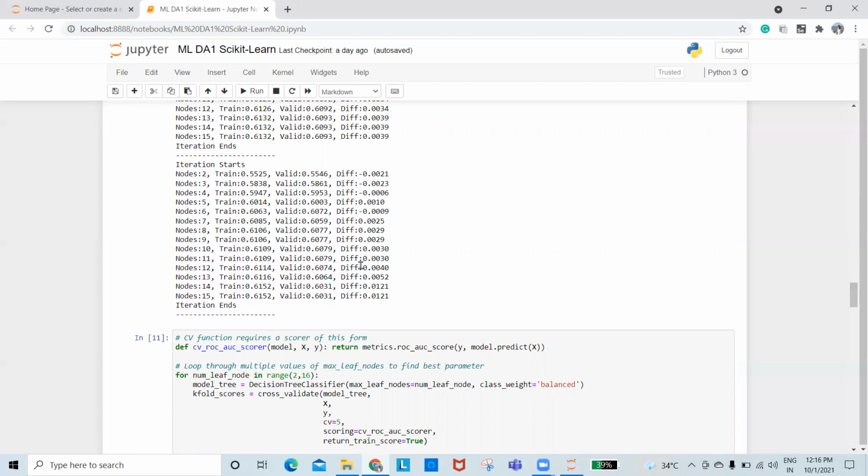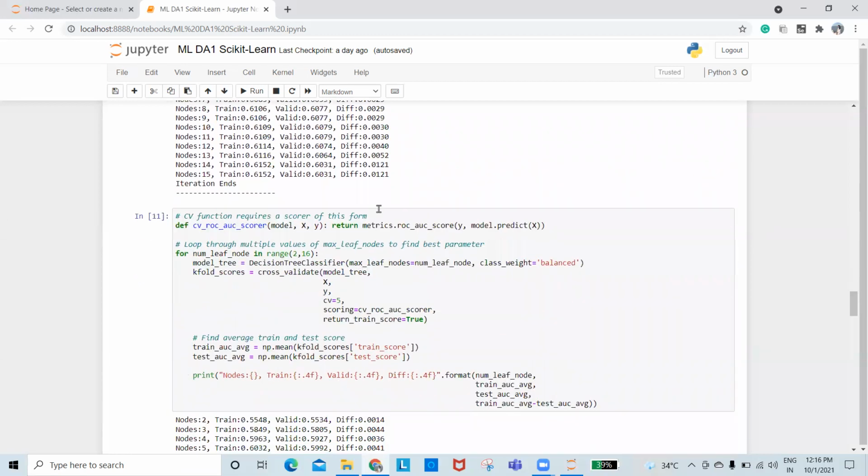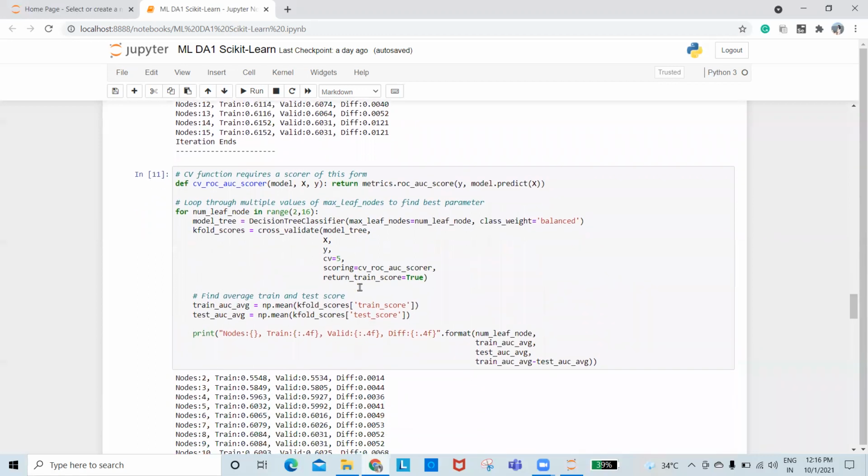Now there is another method, which is cross_validate, the second approach for the k-fold. Both are available in scikit-learn. We need to provide an evaluation metric or a scorer, the CV_roc_auc_scorer. In cross_validate, we need to pass a model and the x and y, and cv is equal to 5, which is the k-fold value.